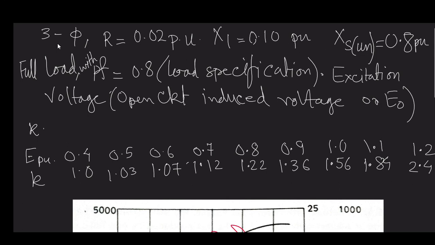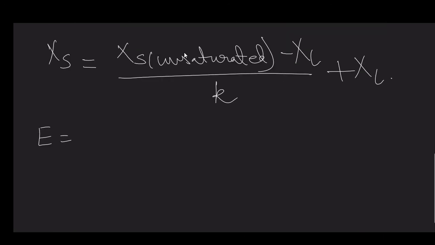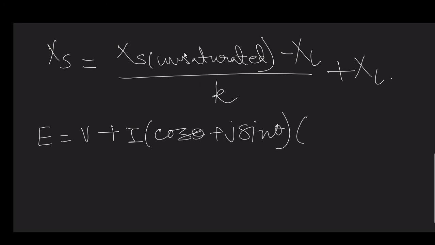These are the data for your E, and interestingly, for the calculation of E you do not need this one, only XL is sufficient. So E will be how much? V plus I cos theta plus j sin theta times